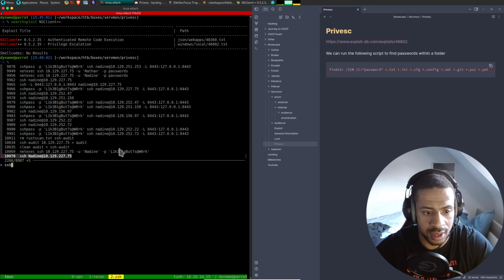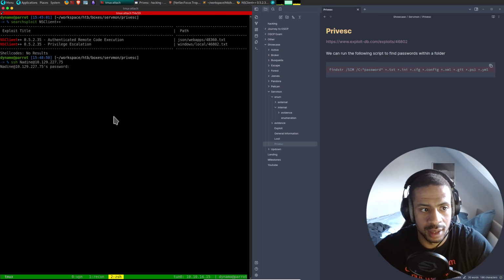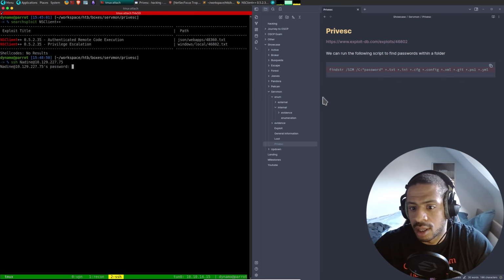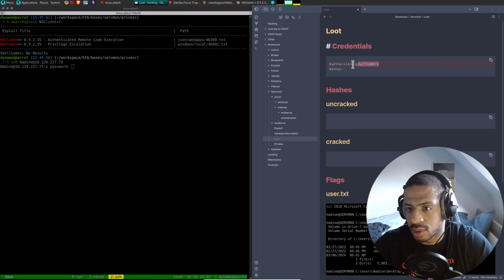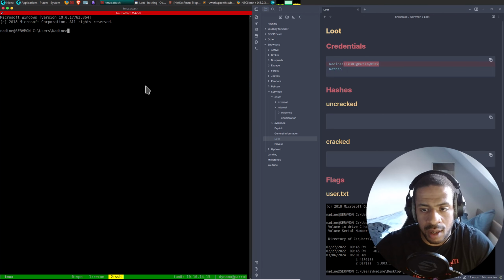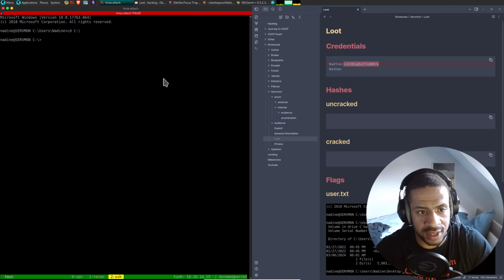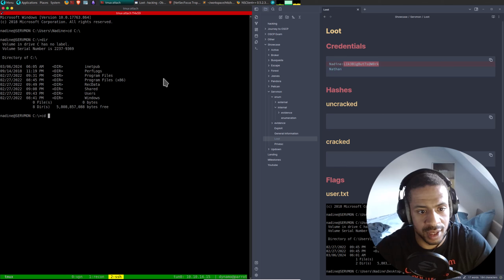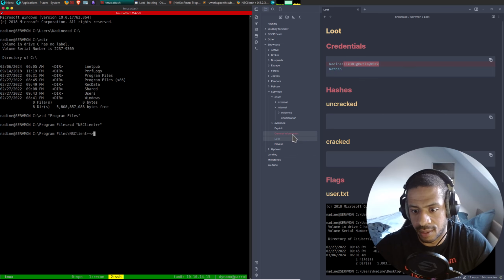SSH Nadine, loot. Maybe that was a cmd.exe command. So let's go into Program Files again, NS, and then let's do that again.